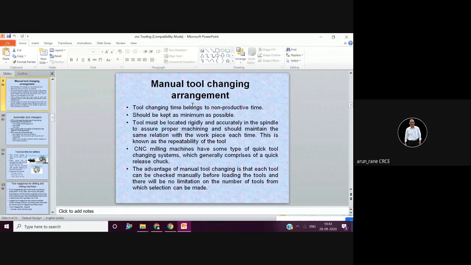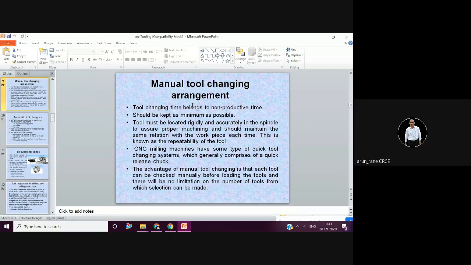Because I have not come across a job which requires more than 20 tools. 20 टूल में सब काम हो जाता है 20 टूल्स में। सो 40 टूल्स में आपका दो जॉब आराम से हो जाता है। And if you want to do the tool setup for the third job, then definitely you can do it while the machining is going on. आप tool magazine में tools change कर सकते हैं, so you can set up the tools for the next job which is required. So offline, while the machining is going on, you can do. So you are saving on the tool changes, because 180 tool magazine will be very expensive. Instead of that, you go for 40 tools, which is just sufficient.